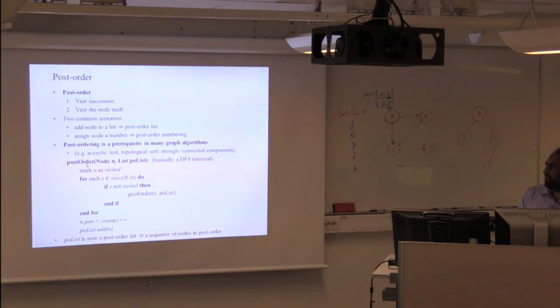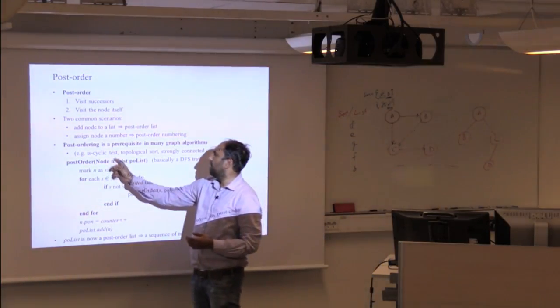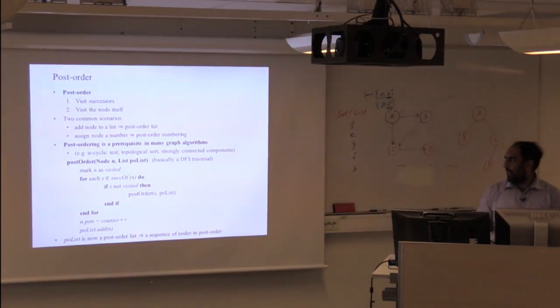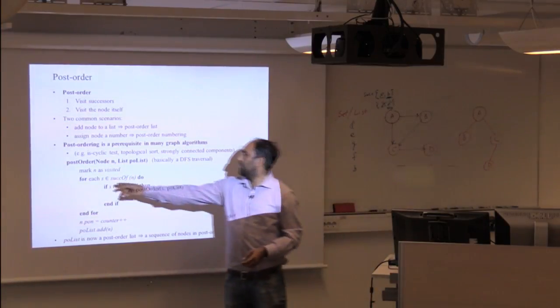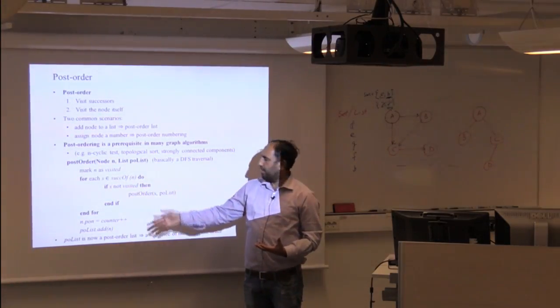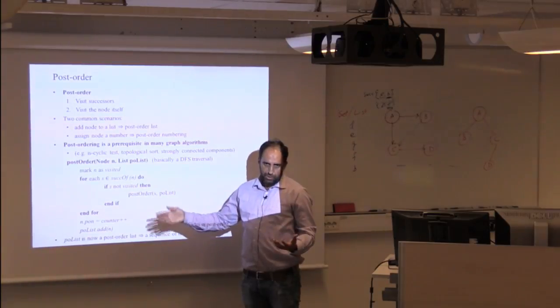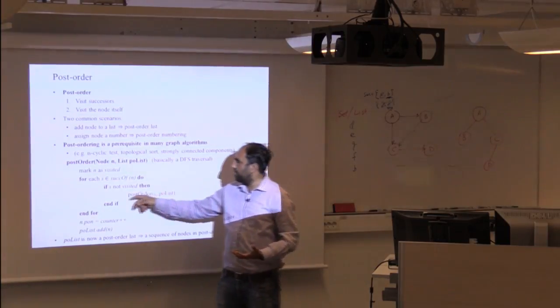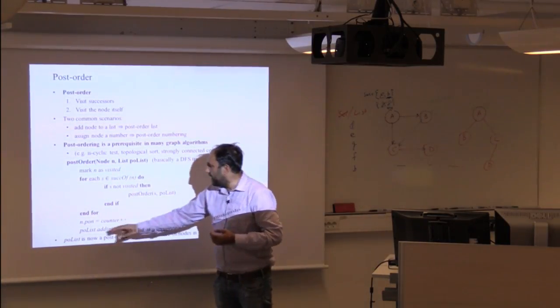Let's say you have a method with the name post order, which takes two parameters: a node n, which could be any node in the graph, and then a list. For this node, you start by adding node n to a list, similar to what we have in depth first. Then for each of the successors S of this node, we check if the successor has been visited. If so, we don't need to do anything. Otherwise, if it has not been visited, if it's a new node, then we call the same post order again. And at the end,